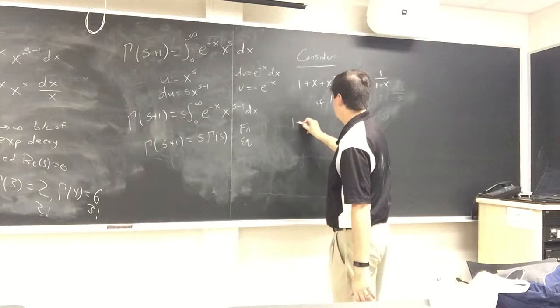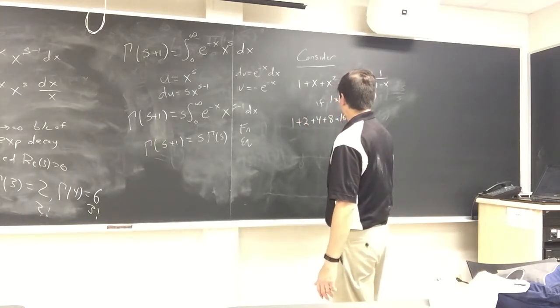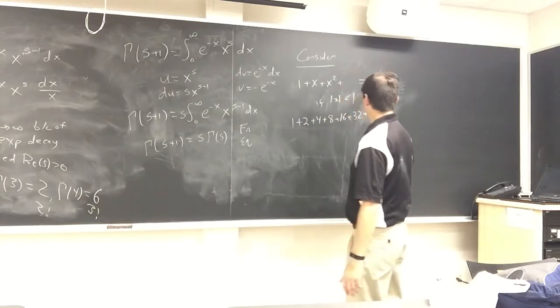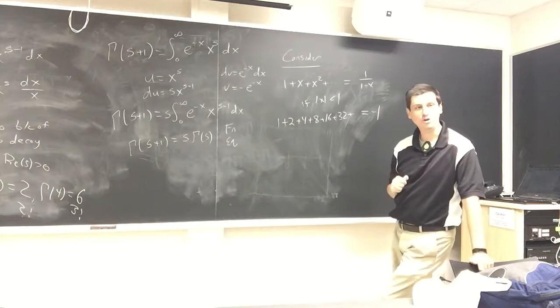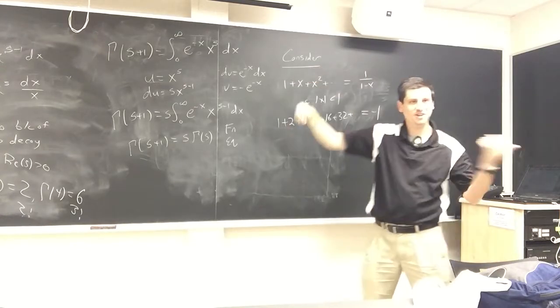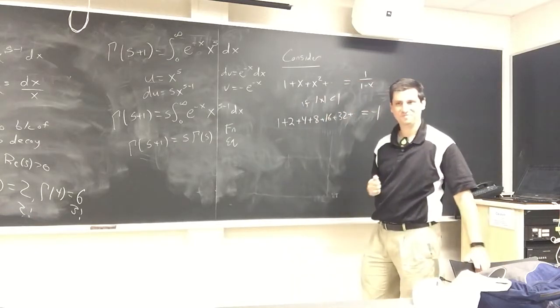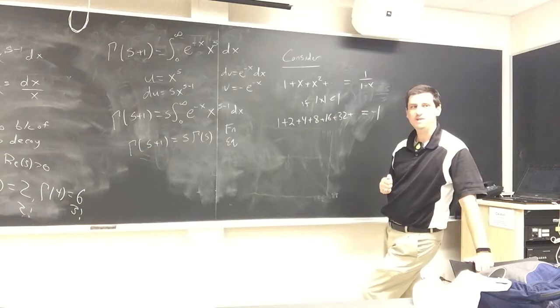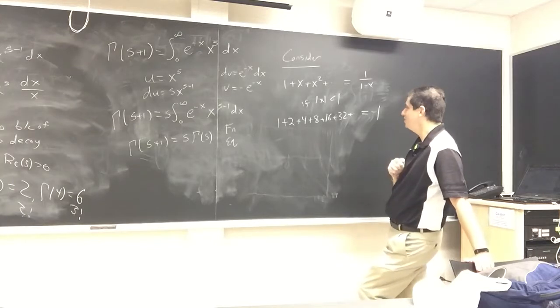So what is 1 plus 2 plus 4 plus 8 plus 16 plus 32? What does this equal? This equals negative 1. When you add all the powers of 2, you shoot past positive infinity, come from negative infinity, and almost make it back to 0. How many of you have seen p-adics? P-adically, this actually makes sense. So if you think about what this means,